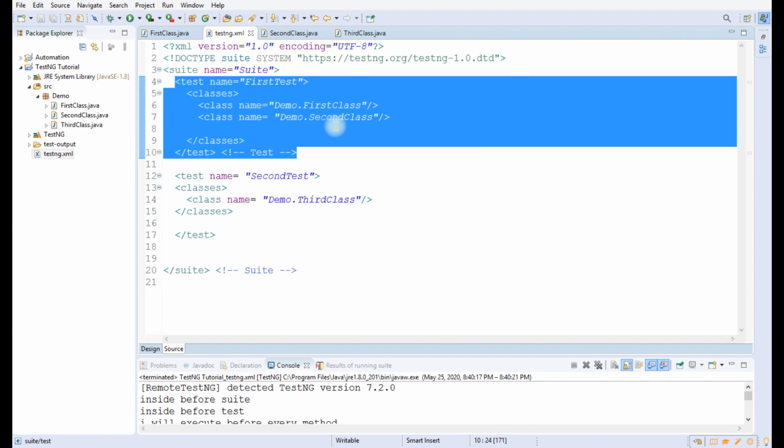So the before test annotation will be executed before the execution of these two classes. And before method, I have shown you that it will only execute before the test cases of that particular class in which it is used. So this is the main difference between before test and before method annotations.